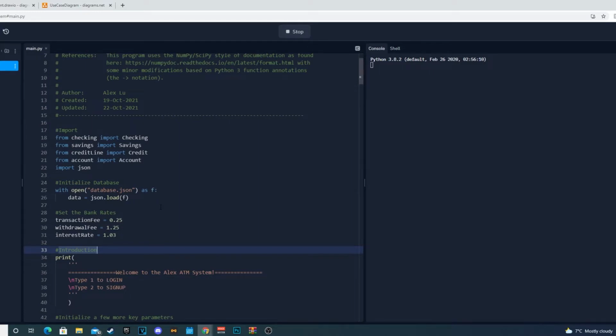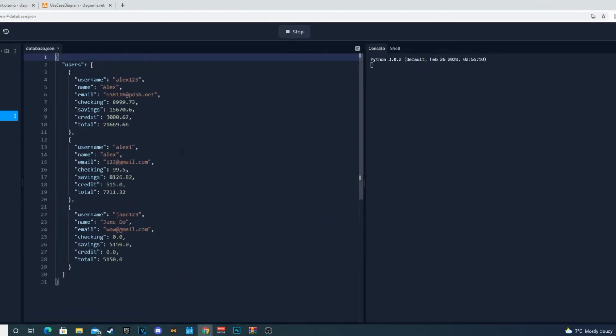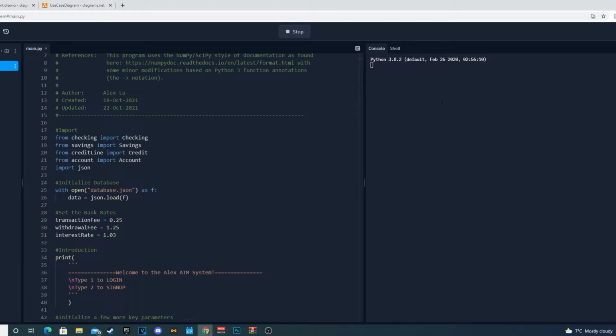What makes this program really cool is that it's fully fledged with a JSON database, so it's not a temporary file. Once you make changes or create a new user, it updates the database.json file forever, and it'll always load it when you run the program. So it's like a real database that works, and it exports in the JSON format, which is the industry